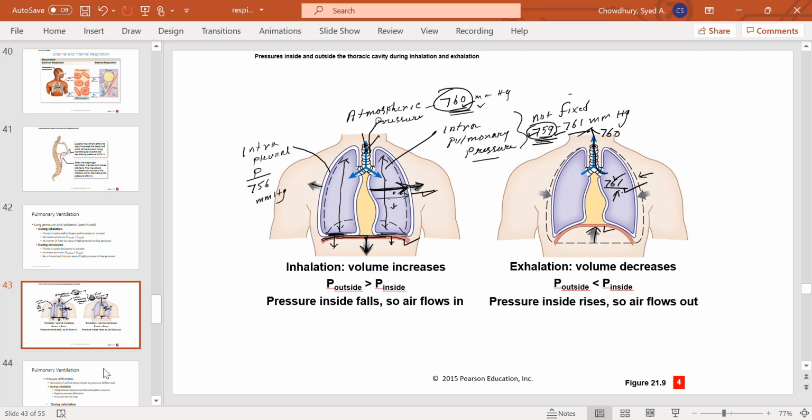Okay, so recoiling of the lung due to the relaxation of the diaphragm and the intercostal muscles increases the intrapulmonary or intraalveolar pressure to 761, and that will push the air out. So that's the expiration. So that is the mechanism of inspiration and expiration. And who sends the signal to the diaphragm and the intercostal muscles? The brain. Which part of the brain? The brain stem. Inside the brain stem, inside the pons and medulla oblongata, you have the respiratory centers. We'll talk about that later. Okay. Thanks everybody.